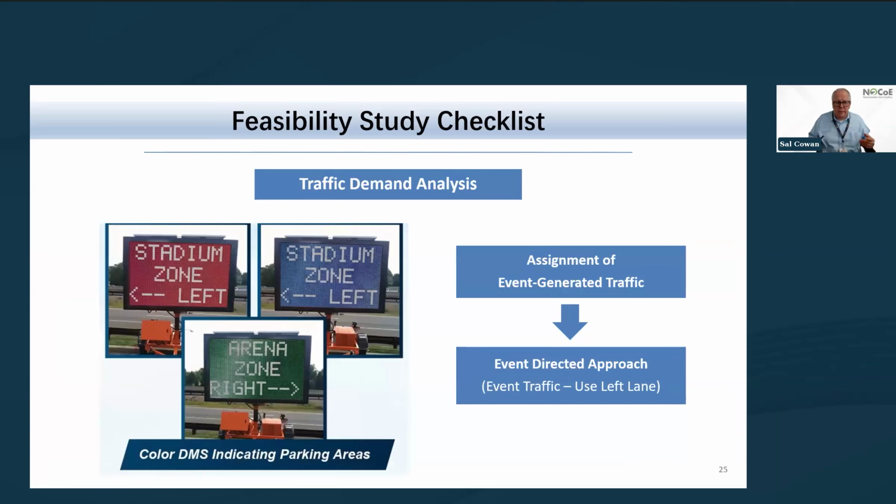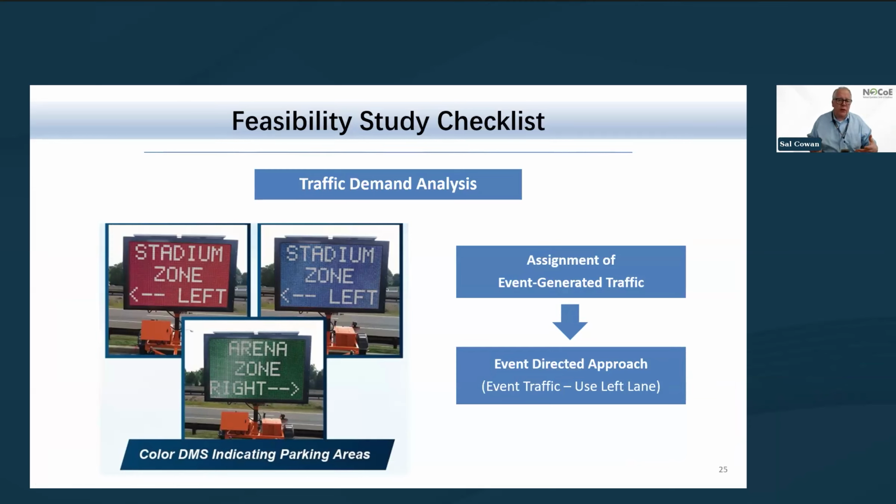When you're talking about the assignment of event-generated traffic, it's knowing the area. Where are your people coming from? But we also look to make an impact on that type of event-generated traffic and assigning it and turning around and saying, look, you can help. What you see on the screen, these are signs that we had deployed when the Super Bowl was here in New Jersey a number of years ago, color-coded portable VMS, and explaining that and getting that to your constituents,